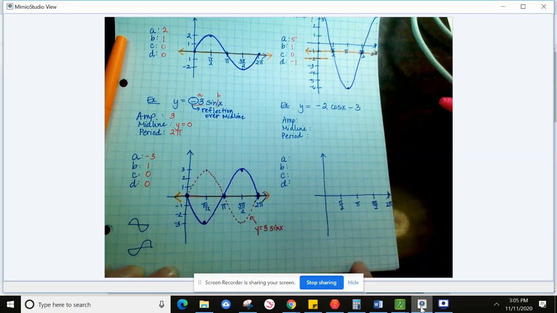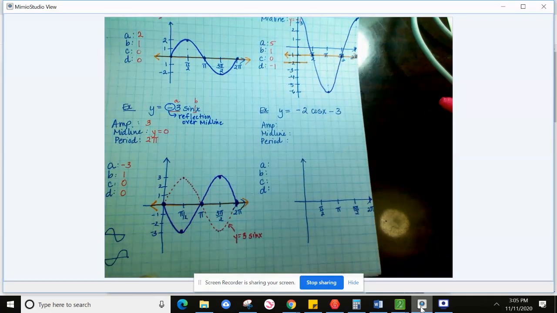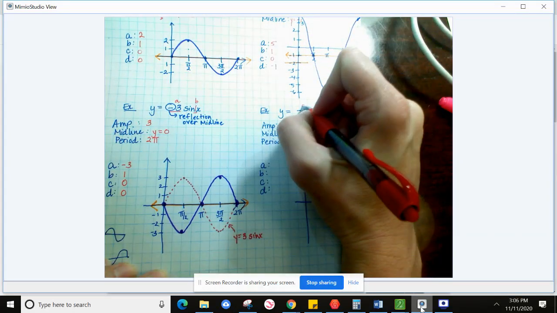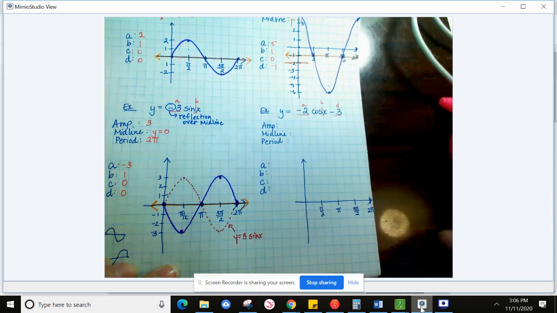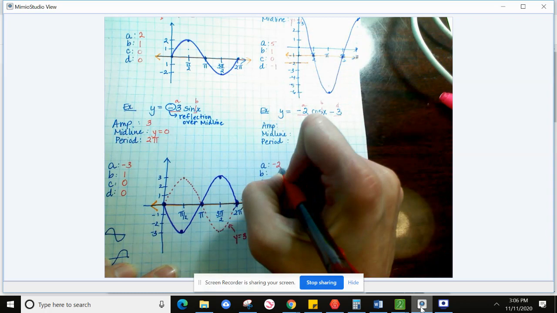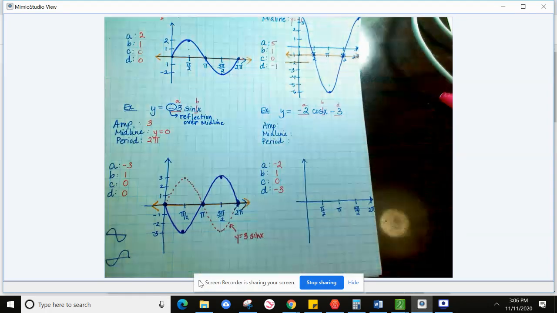This one's going to have an amplitude change, reflection, and a midline change. So let's identify our pieces first. We've got A, B, and this is our D value. So A is negative 2, B is 1, there is no C, and D